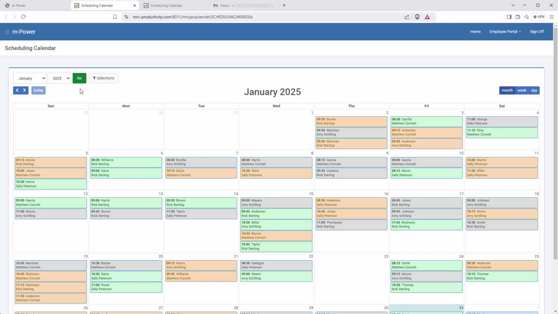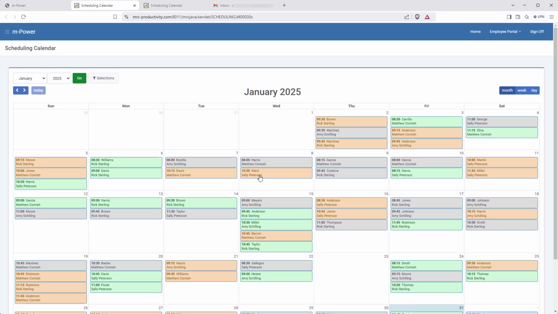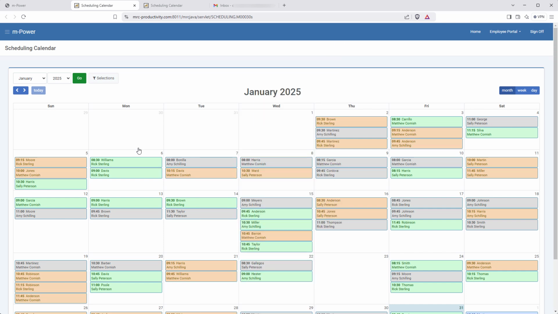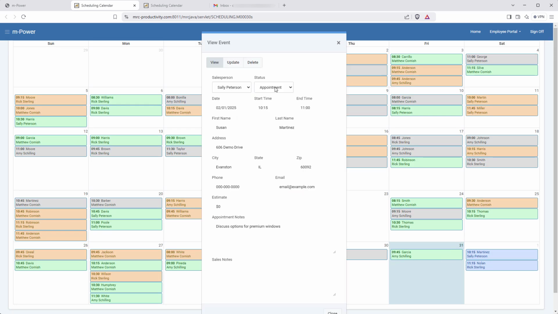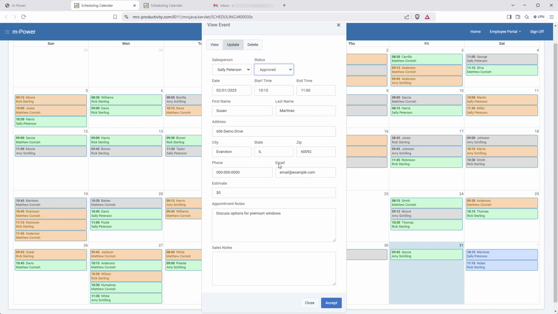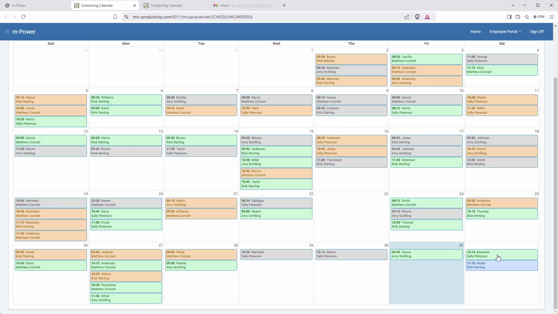There, it's looking a lot better now. The color coding helps me identify where each appointment is in the process. Now, if I go back to previous appointments, I can easily see which ones were successful and which ones weren't, and which ones we're still waiting on. Let's see how easy it is to change that. Suppose that prospect just sent over a signed contract. I'll just open up the appointment and switch the status. Once it's switched, the color automatically updates. Or suppose a prospect called and rescheduled their appointment. I can just drag and drop it to a different day.